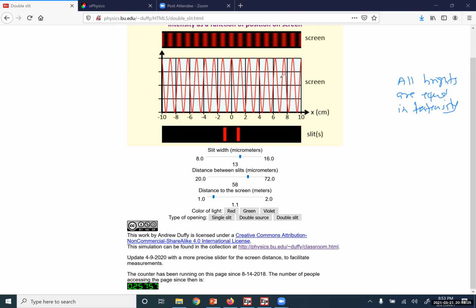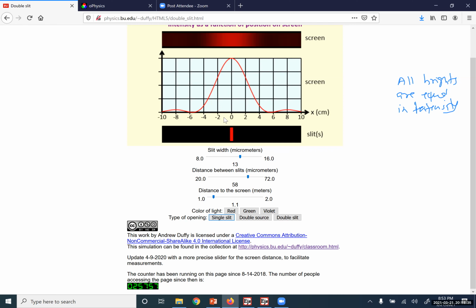If you consider only the case of a single slit, you have this kind of pattern. So this will be true in interference,